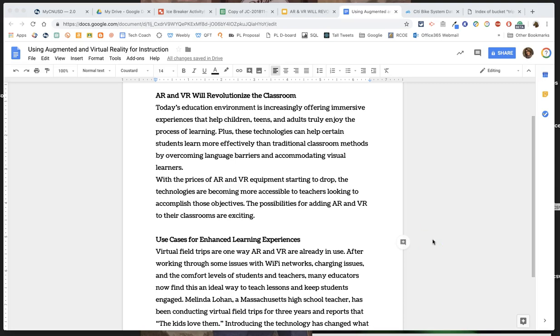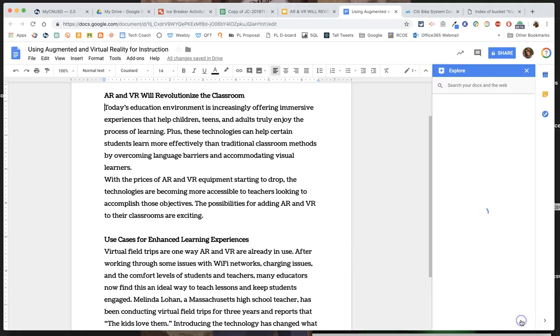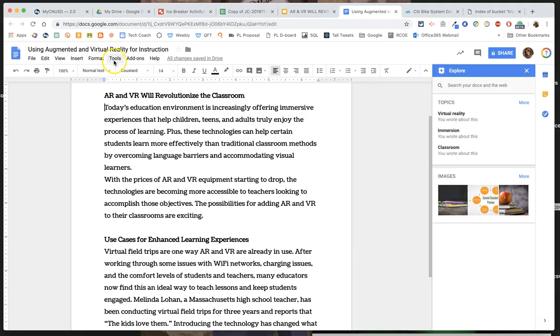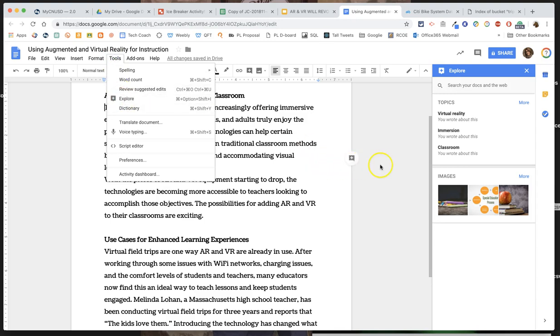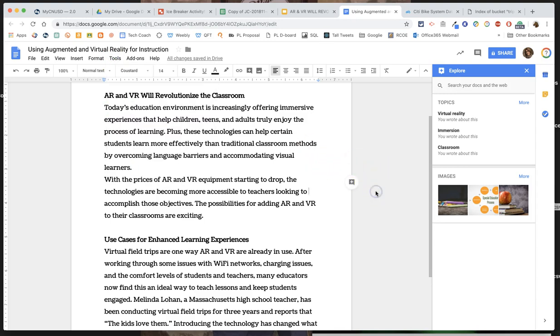In this tutorial, I'm going to show you how to use the Explore button in Google Docs. Down here is where the Explore button lives, but you could also access it from here under Tools. So once the students click on Explore, the Google Explore button is going to try to predict what they're looking